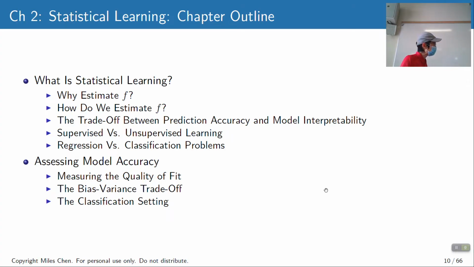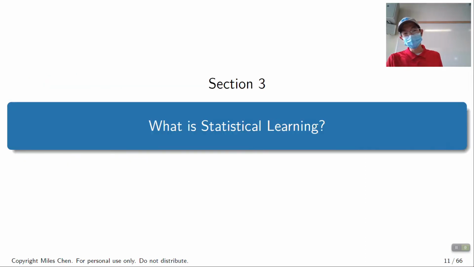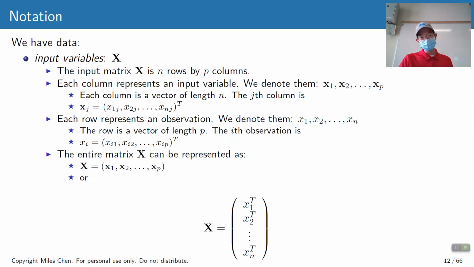Okay. So this is a summarized outline of what is covered in chapter 2 of that text, Introduction to Statistical Learning. And so we're going to first just talk about what is statistical learning in the first place, and stuff related to that. Why do we estimate this function f and so on. And then an important part of statistical learning is how good is the model that we've created. Okay. And how do we measure that accuracy, and what are some ideas and big picture concepts regarding that. So number 1, what is statistical learning?